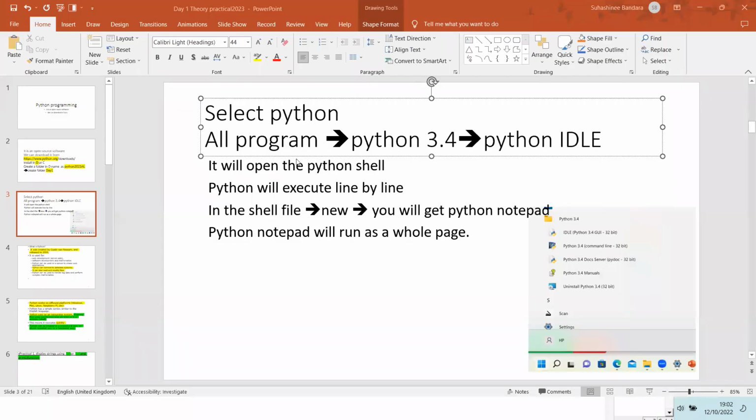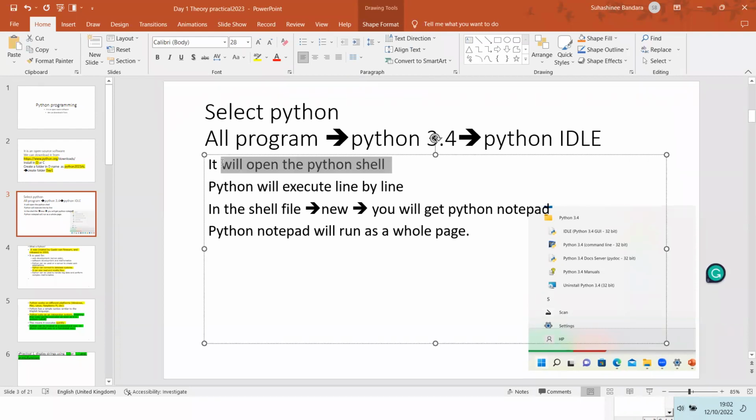So when you go to all programs, Python 3.4, Python IDLE, it will open the Python shell. So the shell will execute line by line. This is one method. So we can use either the shell or the Python notepad.